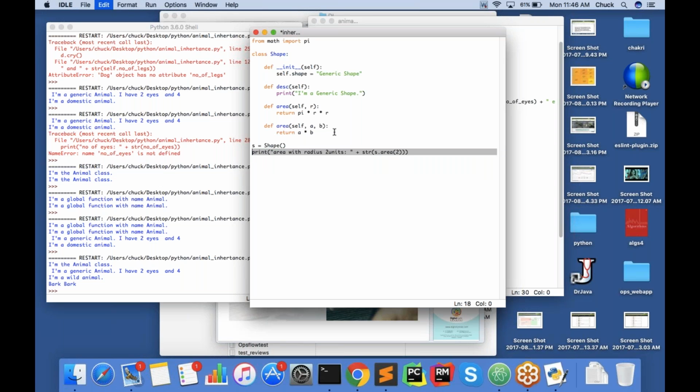Area with length 205 units. So when we run this,